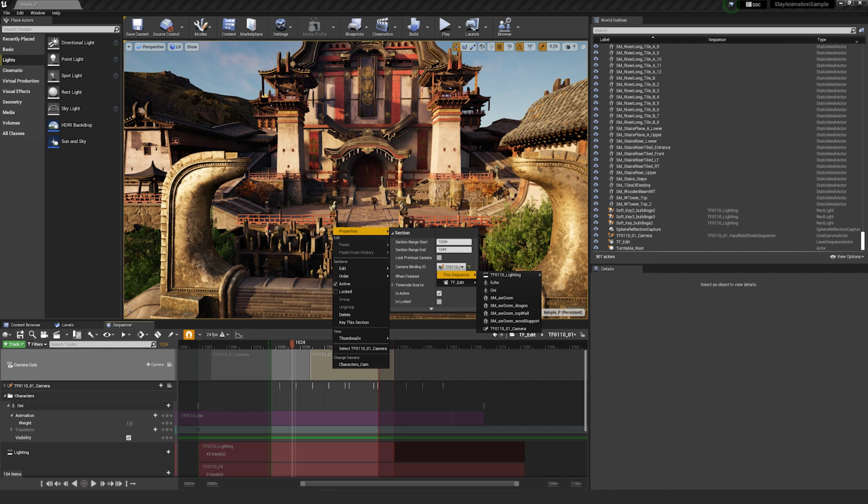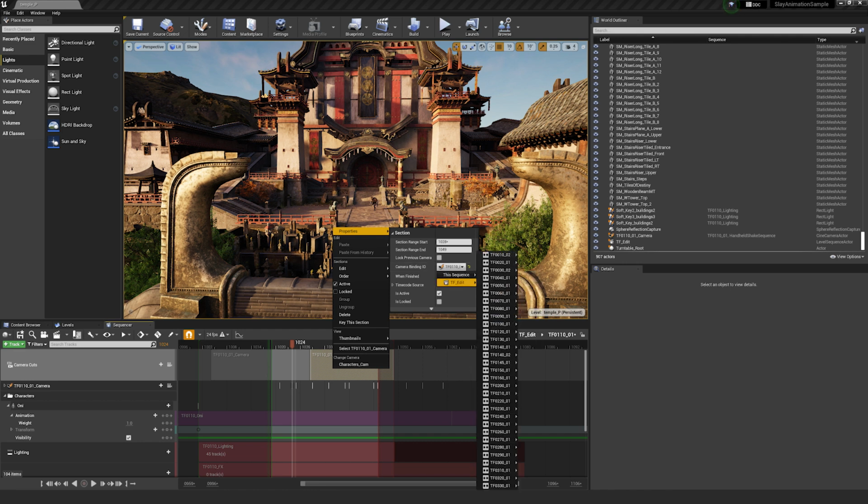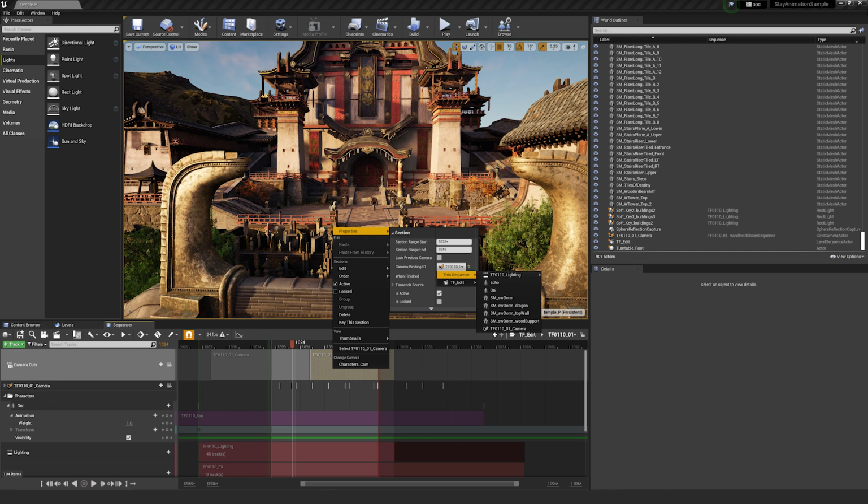You're going to want to right click on one of these two camera cuts, go to your properties, go to camera binding ID, and look for the other camera that you have in this sequencer. This is also listing out a bunch of other shots, and that's honestly going to get a little too complicated, so we're not going to even touch that. What you should be looking for is everything that is located within this sequencer in and of itself. And that's how you effectively do a camera cut within a sequencer.